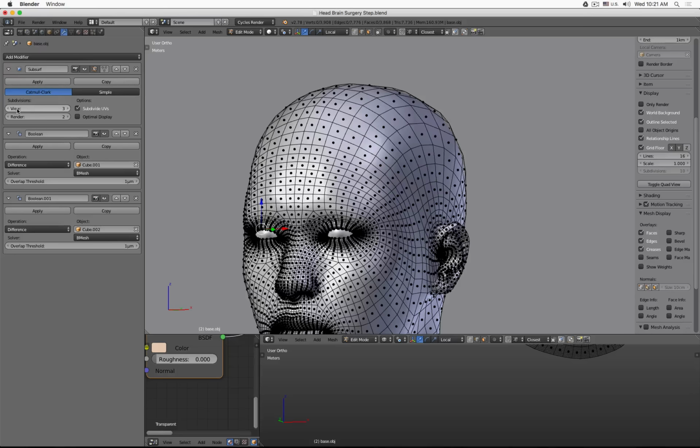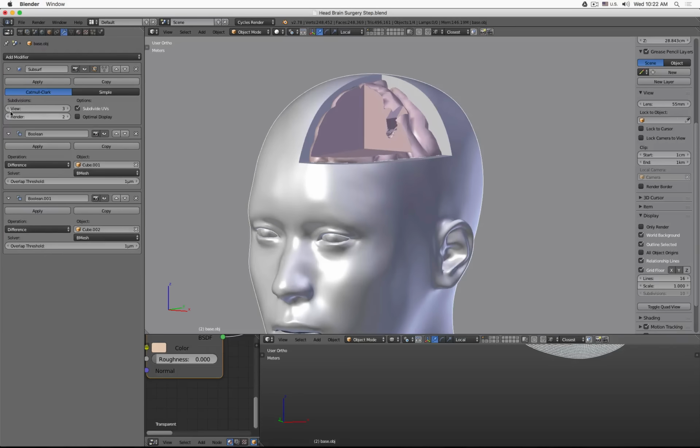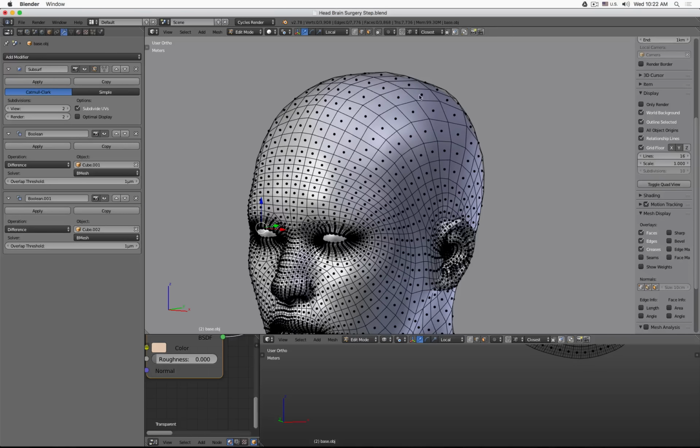For example, I use a view level of 3. So when I leave the edit mode, it takes a quick second and dang, there's the cuts. Really nice. If I set this even to 2, edit mode, object mode, you see the wait time is a